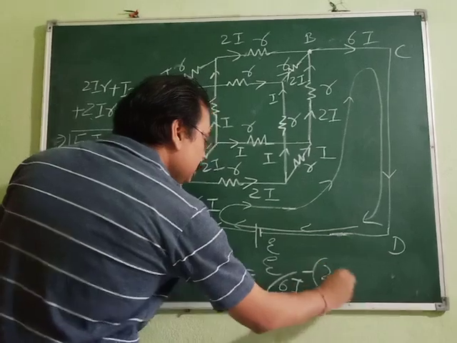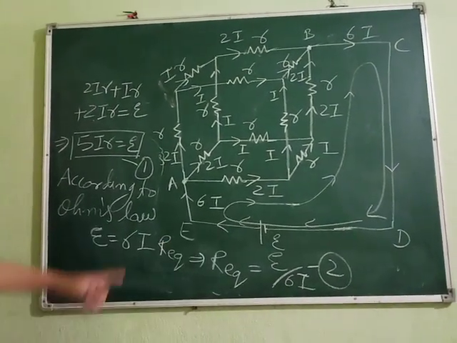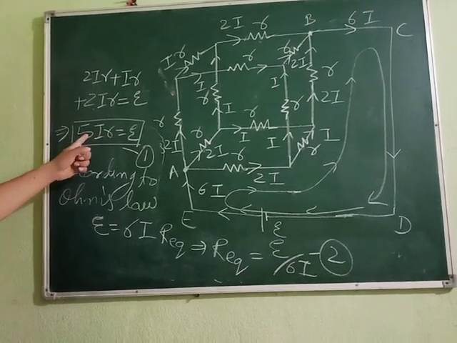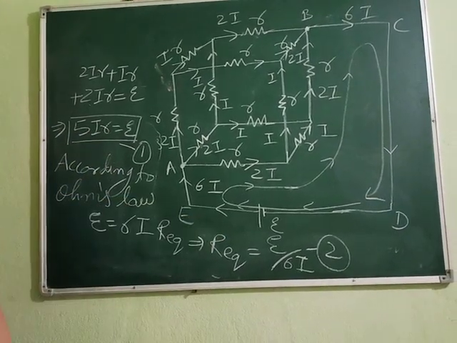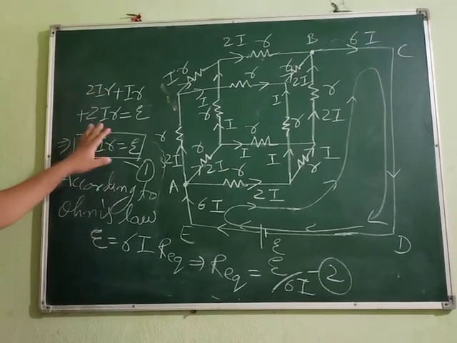This is our equation number 2. You can see from Ohm's law we have got this. But we know the value of it from here. That is 5IR. We can place it over there. Done this much. Should I remove this?